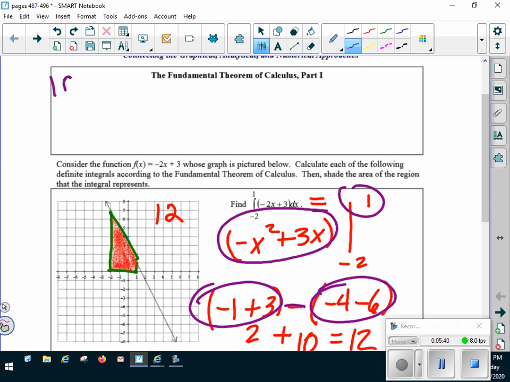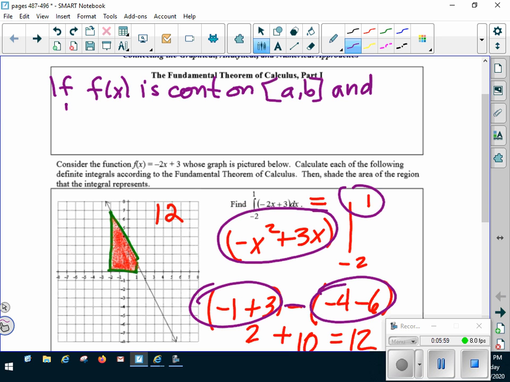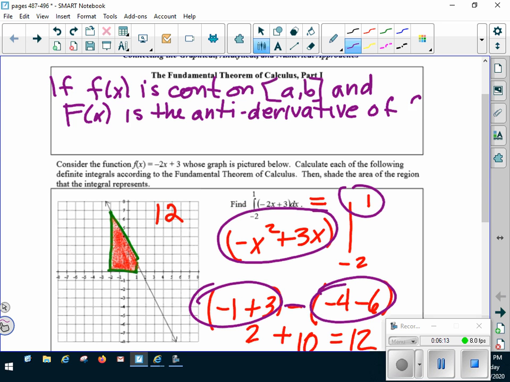The fundamental theorem of calculus, one part of it, says if f of x is continuous on the closed interval from a to b, no comma, and big F of x is the antiderivative. Did you write big, B-I-G? Okay. Derivative of little f of x,